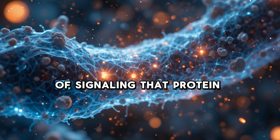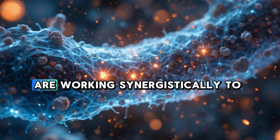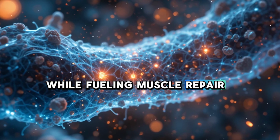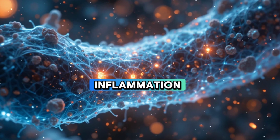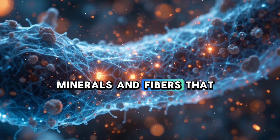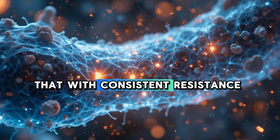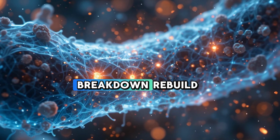That's your body's way of signaling that protein and complex carbs, like those in lentils, are working synergistically to stabilize energy while fueling muscle repair. So if sardines provide omega-3s that reduce inflammation, lentils provide the precise amino acids, minerals, and fibers that directly stimulate the rebuilding process. And when you combine that with consistent resistance training and smart timing, you create a protective cycle: break down, rebuild,